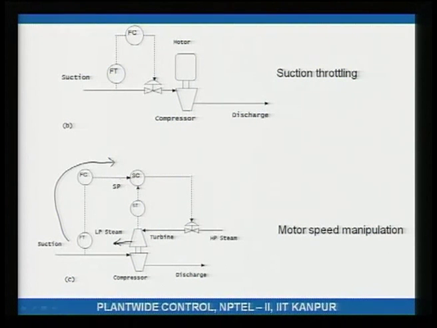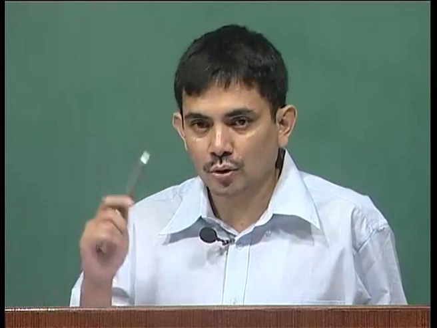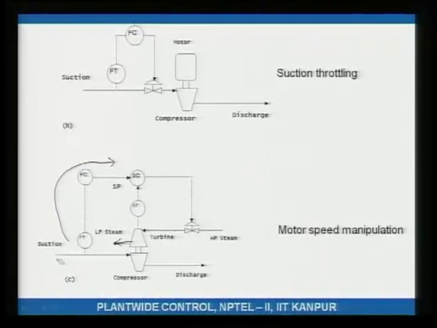As this set point goes down, the speed controller will throttle the steam valve, and steam flow will decrease. Because the steam flow decreases, the compressor will now rotate at a lower speed. Because it is rotating at a lower speed, the flow rate of whatever is passing through will become less. So, if the flow rate is increasing, the rotational speed is decreased. If the flow rate is decreasing, rotational speed is increased.